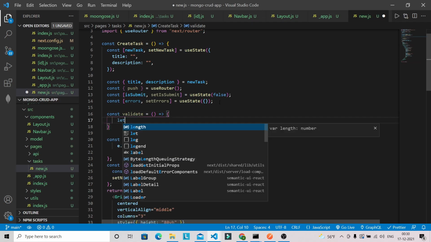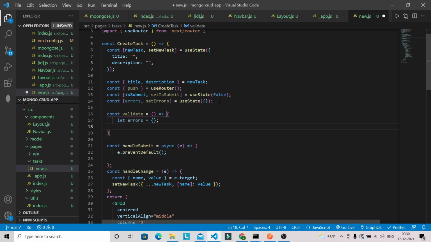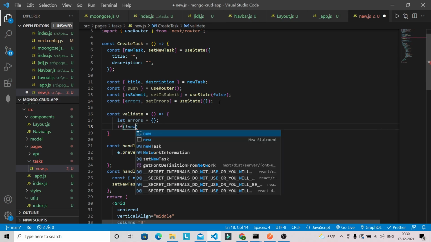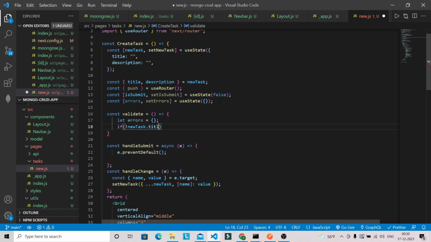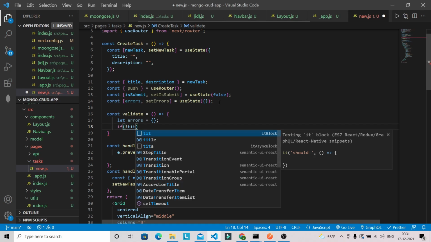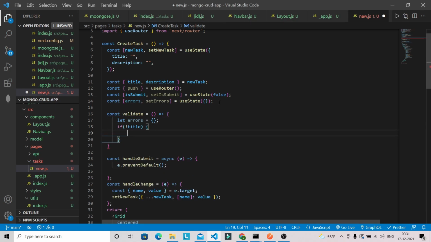This will basically be responsible for validating our form component, whether the user has entered anything or not. So we will have one object here, error, empty. And we can check here new task dot title. So if title is empty, that means error dot title is required.